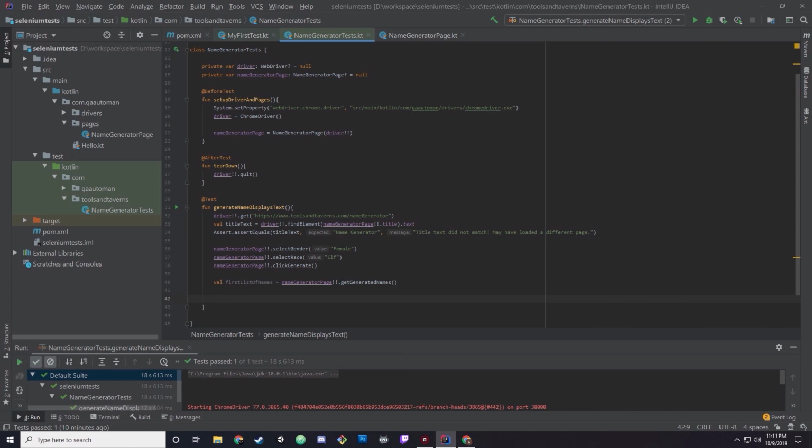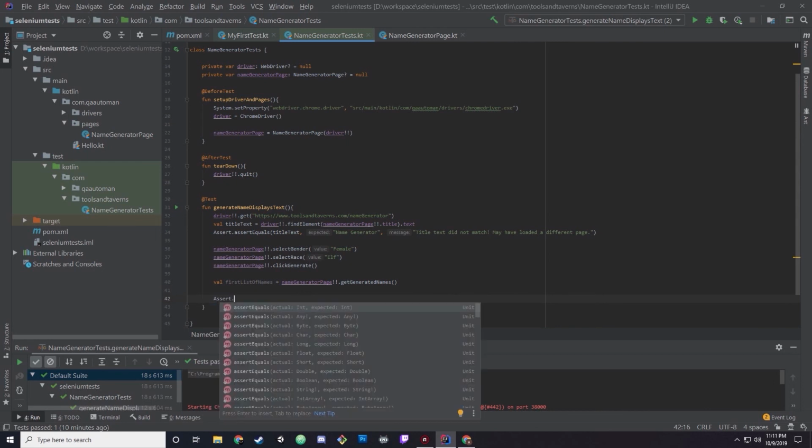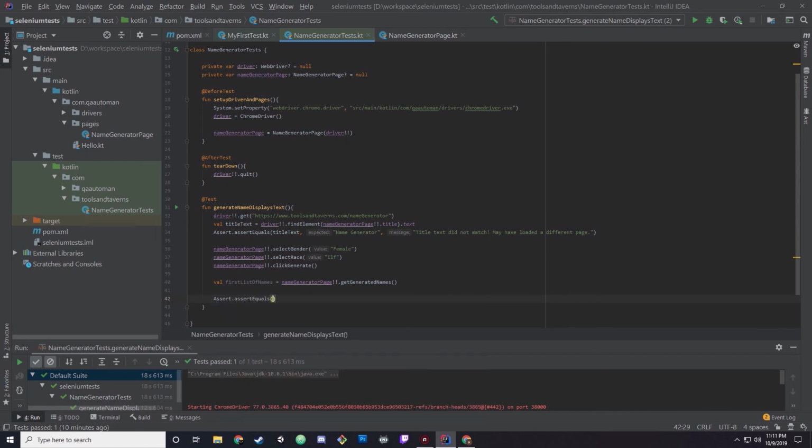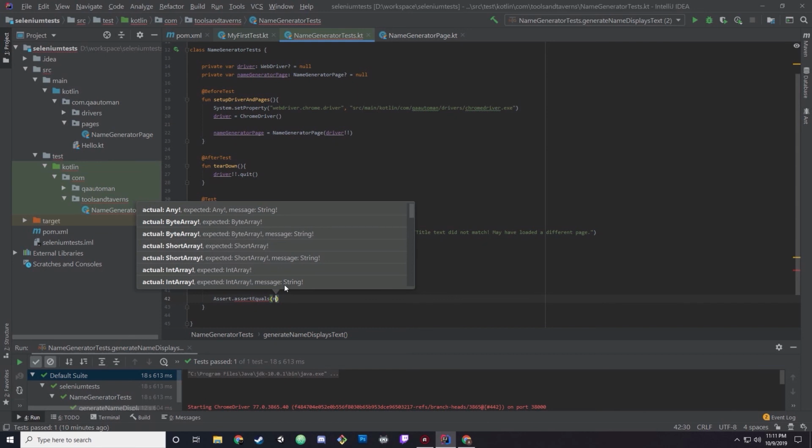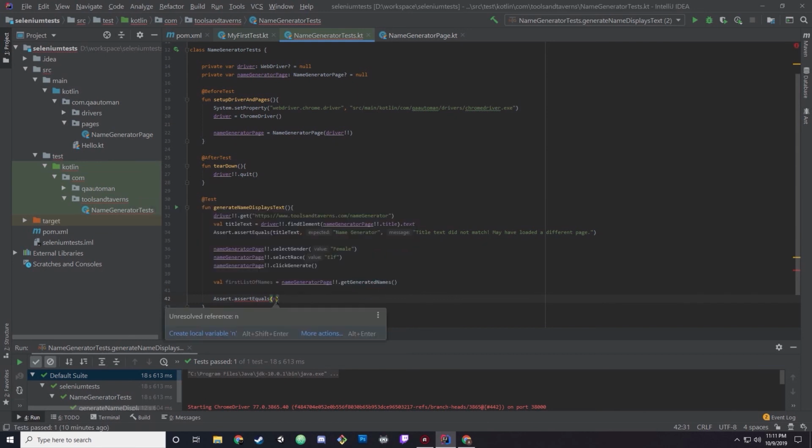Now, the first thing we want to assert is that there are 10. There always has to be 10. So our first test here is that there are 10. So assert equals that our first list of names,